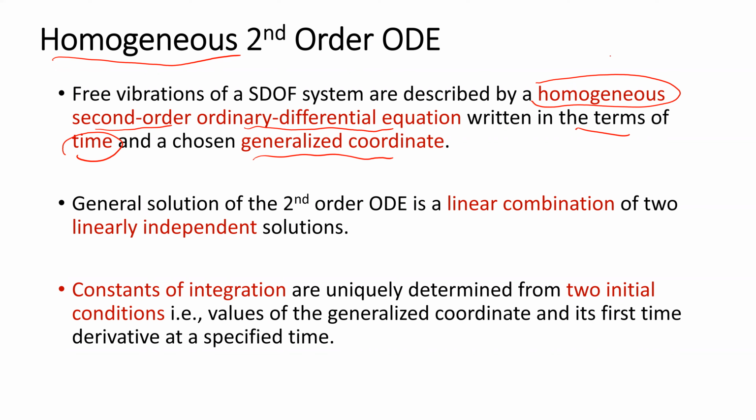What is the meaning of the first bullet? It's just m x double dot, where x is a function of time, plus c x dot plus k x equal to